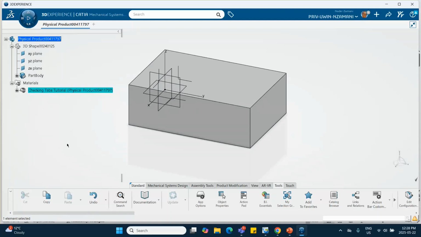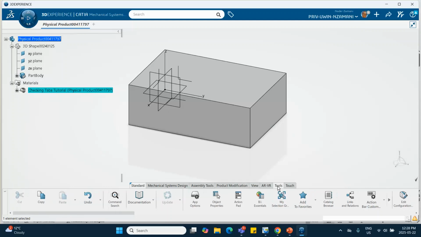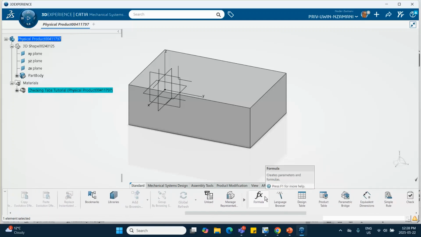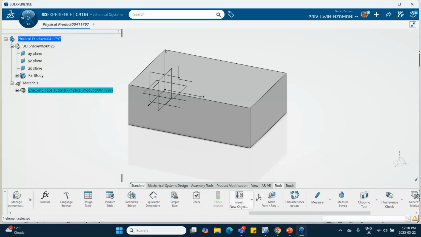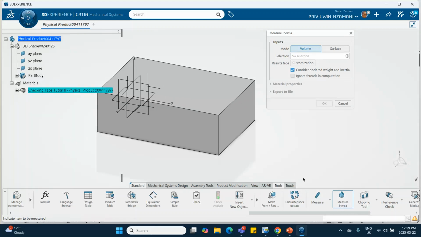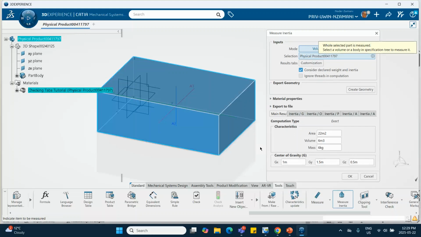Now, we click on the tools, you scroll to the right, and we have measure inertia. Measure inertia. Okay. So we select the volume. Okay. And